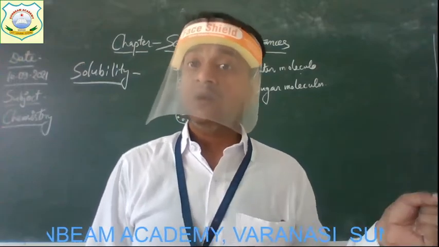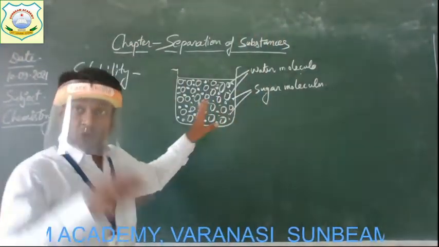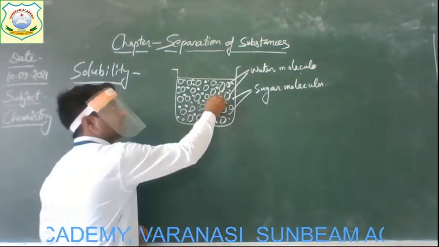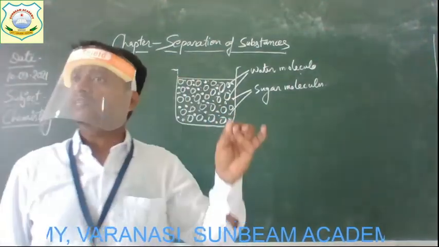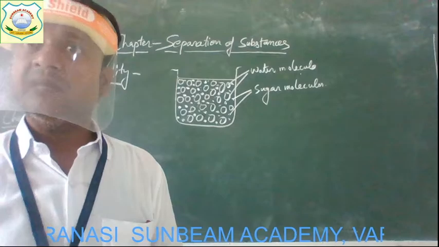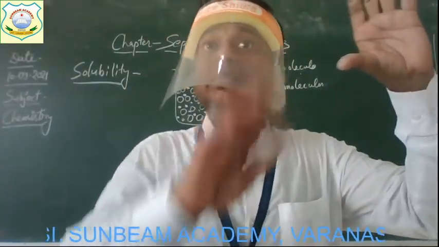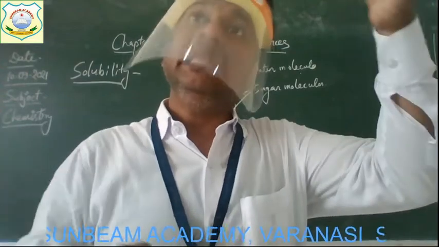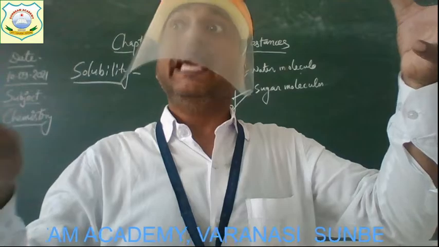Since individual molecules are too small to be seen, as I have drawn here with chalk circles, the molecules are not of this size. Molecules are very, very small. We cannot see them with our naked eyes. That is why in that glass container nothing is seen, only the liquid water is seen. But actually